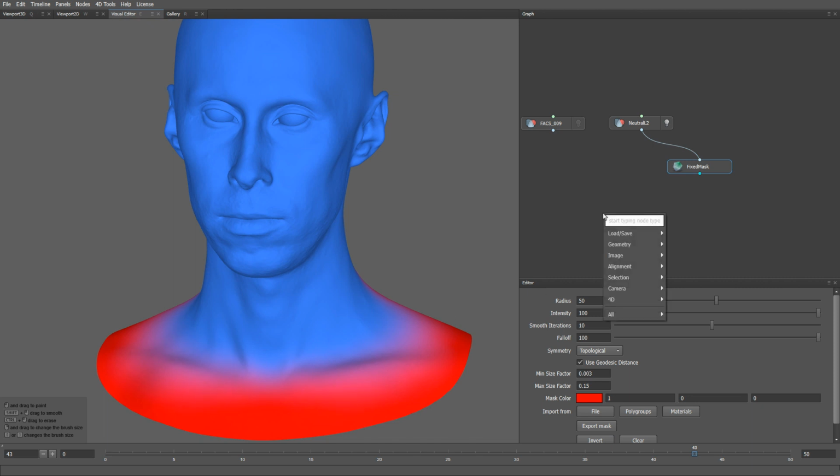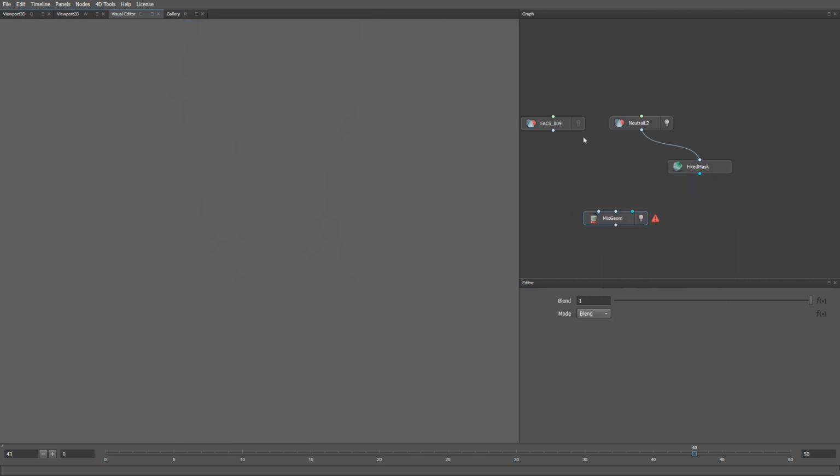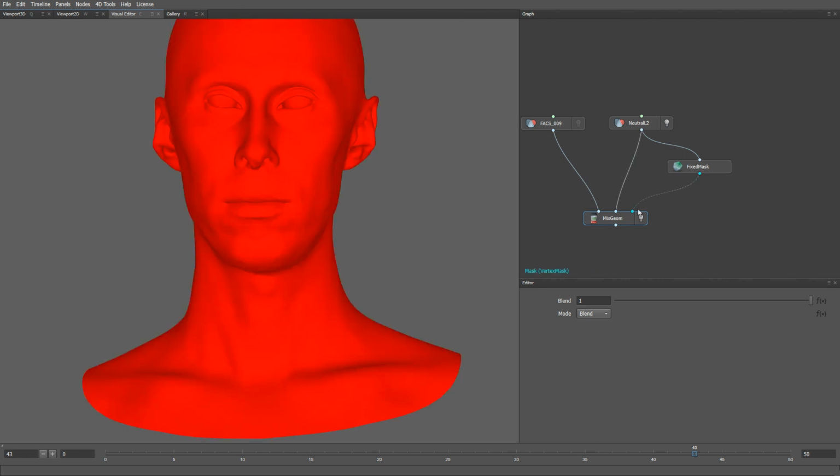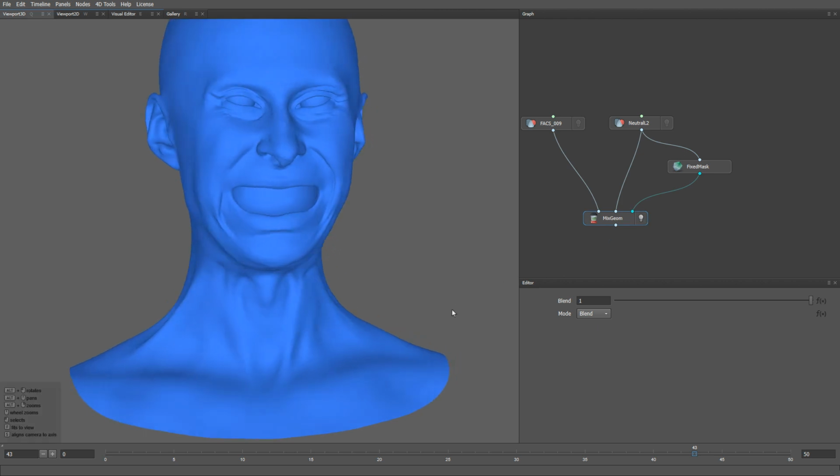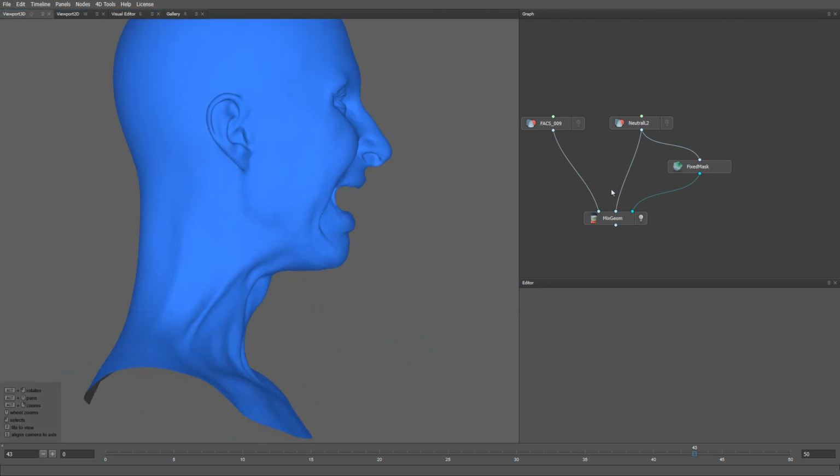Let me add a MixGeom node. Let's plug the FACS into the first input, the neutral mesh into the second input, and the fixed mask into the third one. As you can see, now the clavicles are in the same position as in the neutral mesh,